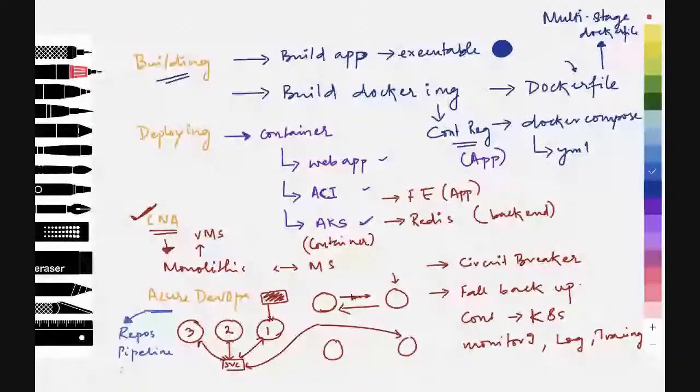So you can create your user stories on boards, you can keep your code in repos, you can build your pipeline to publish, build and deploy. You can save your outputs in artifacts, and you can develop test plans using test plans. So these are the 5 different things which we can do with our Azure DevOps.